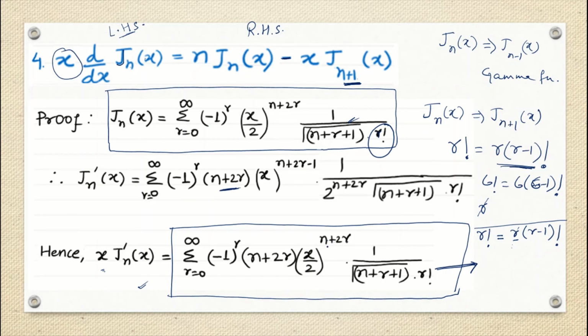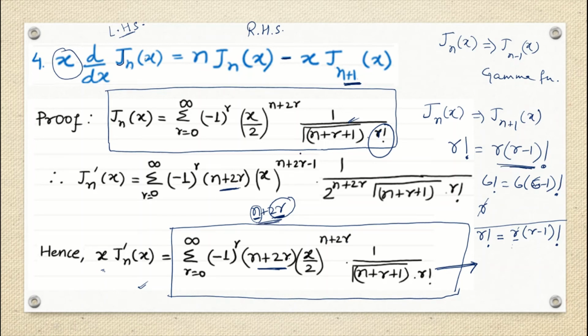So what we see here, the multiplying factor is n plus 2r. That means this n plus 2r is giving me a hint that you can make this as two series solutions. One will be with n, right? And I can see that the right hand side also says 1, but it should be having the same order, multiplying with n. And the other is having 2r, so 2r into something. So 2r if I will make, it should be having the n plus 1th order of my Bessel function, and then r if I will cancel out, so somehow I'll do this kind of arrangement, right?